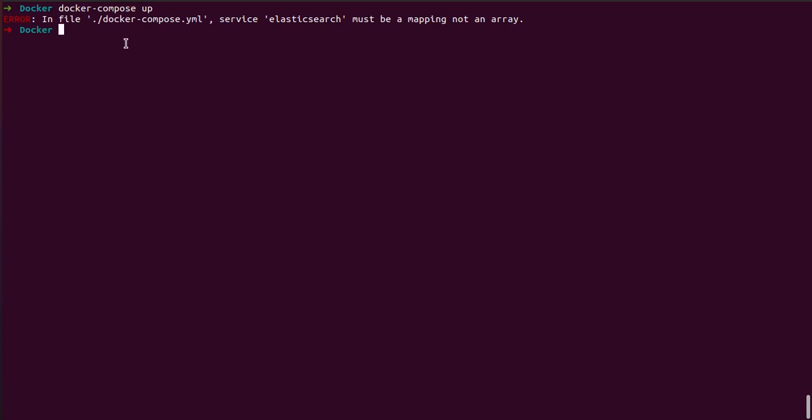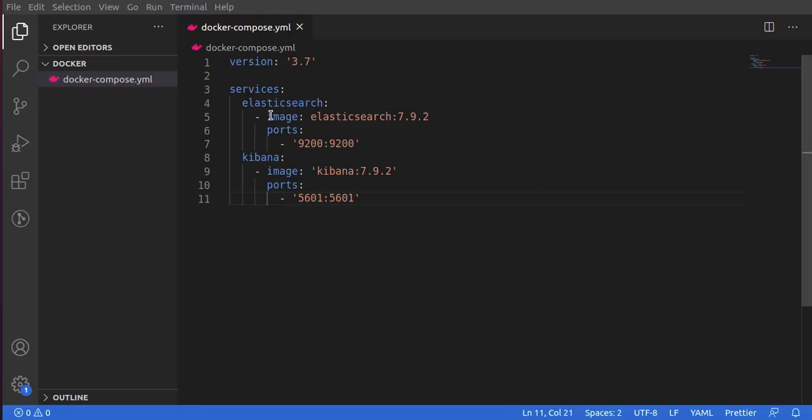Oh, in this file docker-compose.yml, service Elasticsearch must be a mapping, not an array. Okay, so I made a small mistake here. It is a mapping, and this hyphen suggests that it is an array, and we don't want an array out here. And we do not want an array out here as well. So yeah,